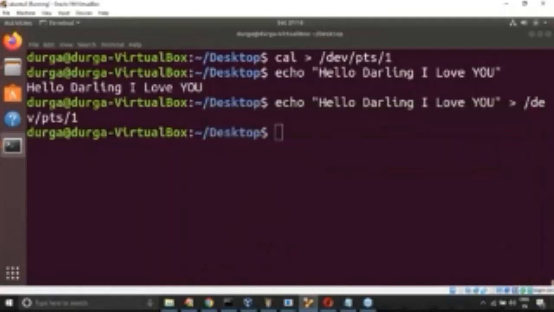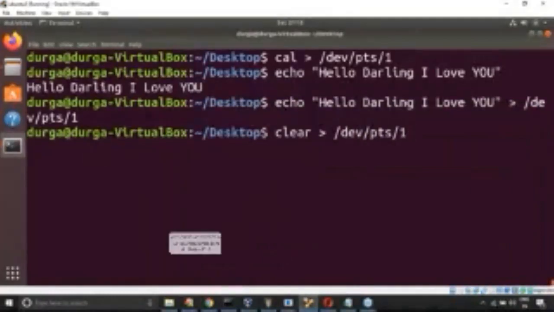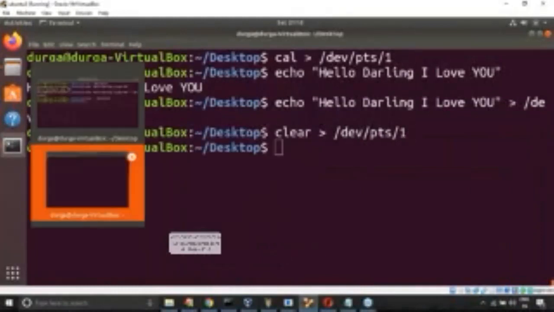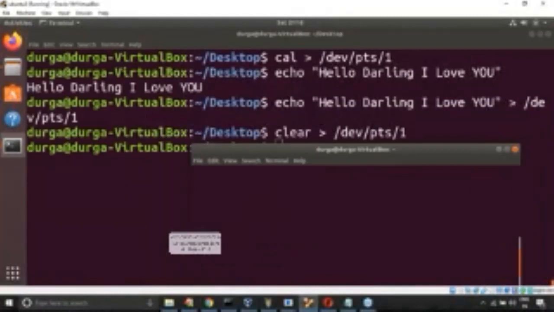How dangerous it is. Immediately what you have to do is clear. Redirect it to /dev/pts/1. Okay, that lady observed, and she wants to respond to the faculty or to the next level, so immediately execute this command, then automatically the screen will be cleared, so no message will be there.